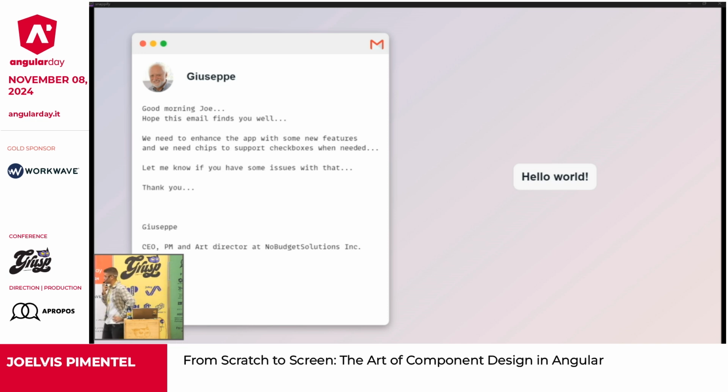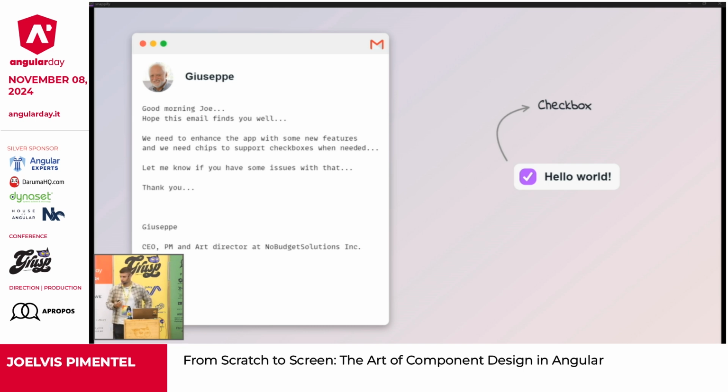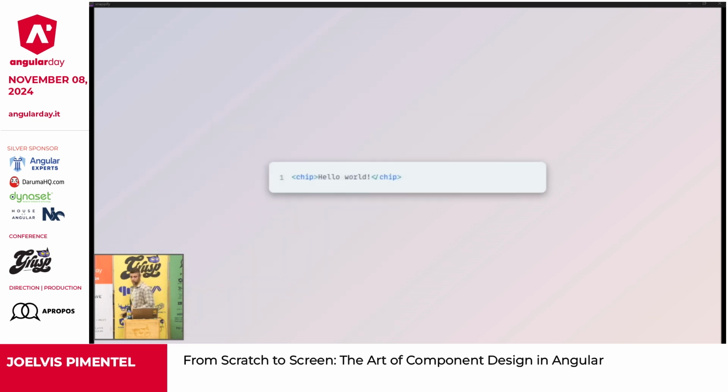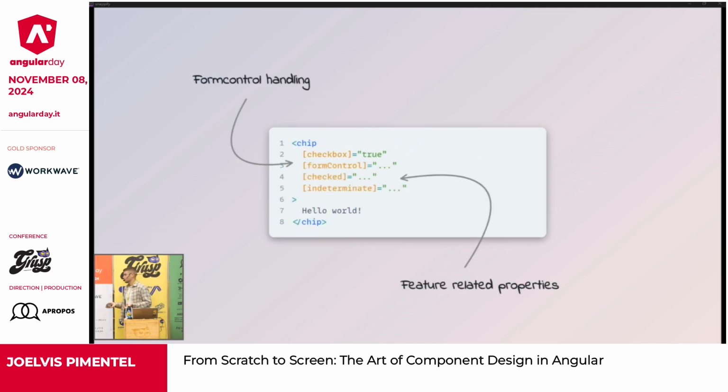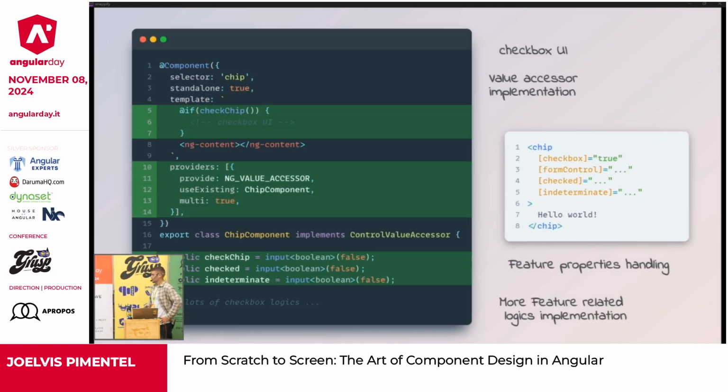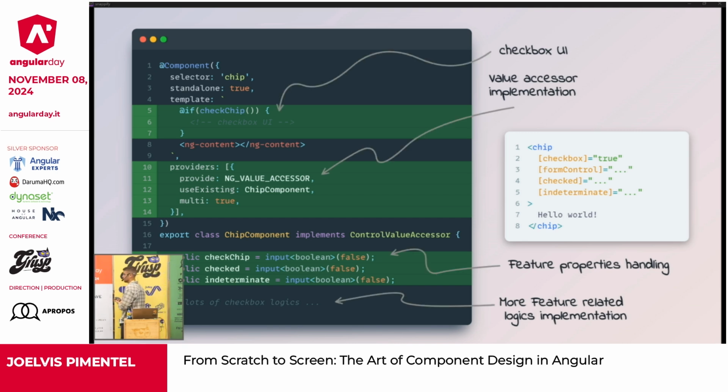Thank you, Joseph, for being here again. And he's asking us to add a checkbox feature to our component. So we are not going to worry about this. We can just add a configuration, let's say an input that we will later handle inside our component. And maybe this input will come along with other configuration, like that depends on the checkbox logic and form control and so on. And our resulting component might look something like this.